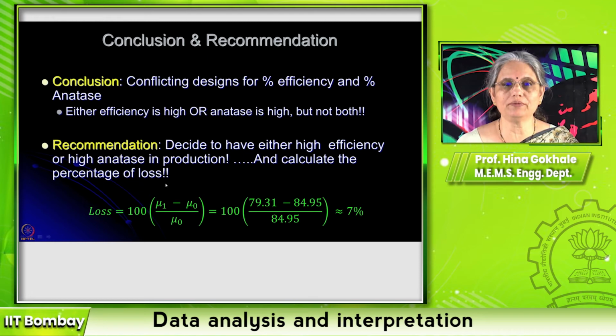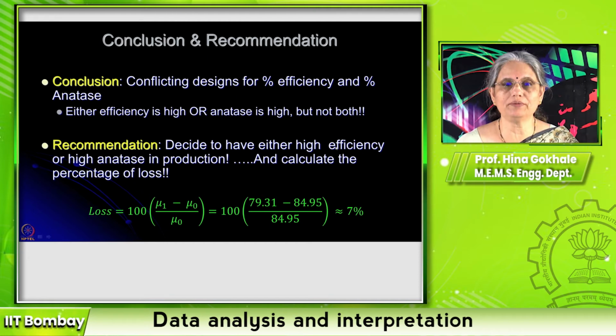Suppose you decide that you want the high efficiency, then you have to know what is your loss with respect to percentage anatase. Had the percentage anatase been kept at the highest, its mean would have been 84.95,